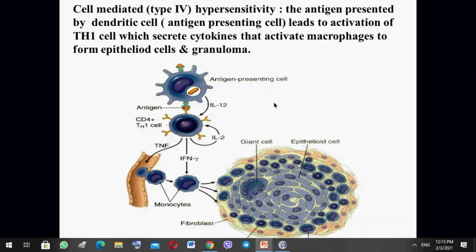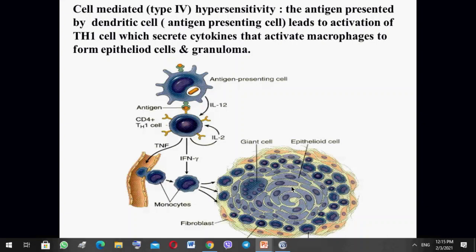In this type of reaction, the antigen presented by the antigen presenting cells will result in activation of the helper T lymphocyte, and that will secrete cytokines that activate macrophages to form epithelioid cells and granuloma. So like the usual mechanism of granuloma formation, there is an antigen presenting cell to the helper T lymphocyte that will release mediators activating the monocyte to come and cause inflammation, and it will become very active. We call it epithelioid cells. Some of them will aggregate and appear like giant cells, and these epithelioid cells are covered by lymphocytes and fibroblasts,